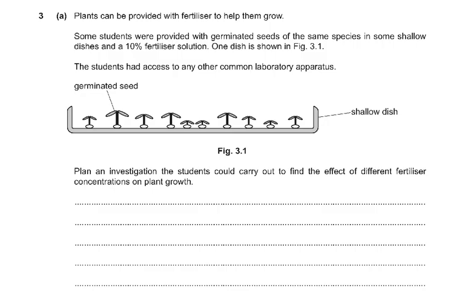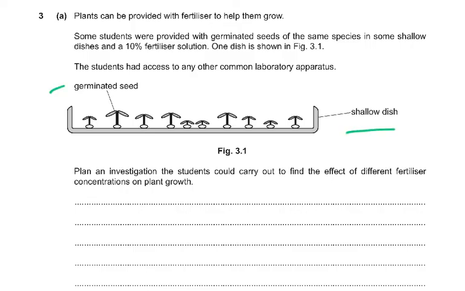Then it says question 3: plants can be provided with fertilizer to help them grow. Some students were provided with germinated seeds of the same species in some shallow dishes and 10% fertilizer solution. One dish is shown in figure 3.1. The students had access to any other common laboratory apparatus: germinated seeds, shallow dish,